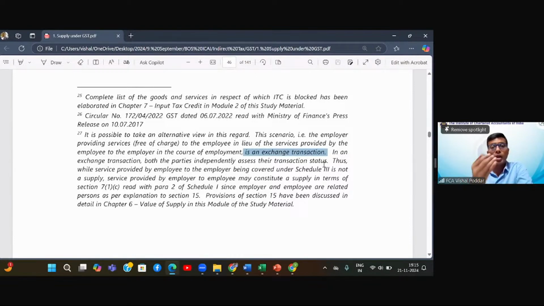सेकंड व्यू ऐसा नहीं है। क्या है सेकंड व्यू? आपने अलग सप्लाई दिया, which is जॉब, ओके, that is Schedule 3 outside GST, ओके। पर मैं जो आपको perquisite दे रहा हूं, that is an independent supply, आप उसको पगार नहीं मान सकते। इन दैट केस हम उसे एक इंडिपेंडेंट सप्लाई मानेंगे। कौन सा? भाई मैंने आपको रहने को घर दिया, तो वो accommodation वाला सप्लाई हो गया। मैंने आपको यूज करने को गाड़ी दी, तो renting of motor vehicle वाला सप्लाई हो गया।